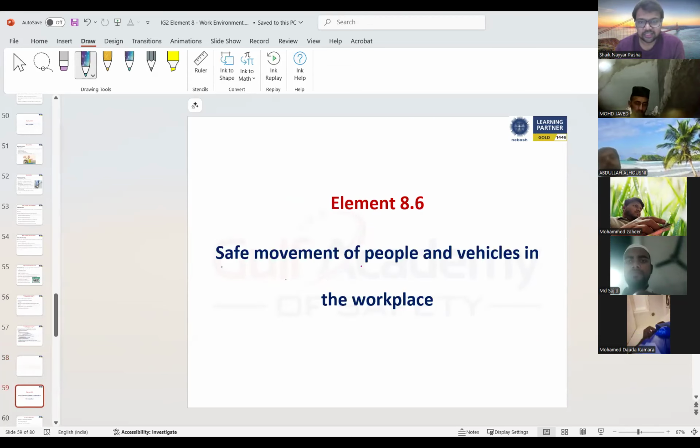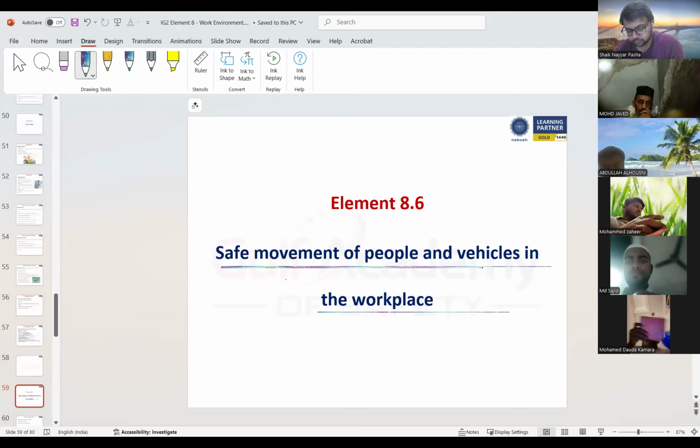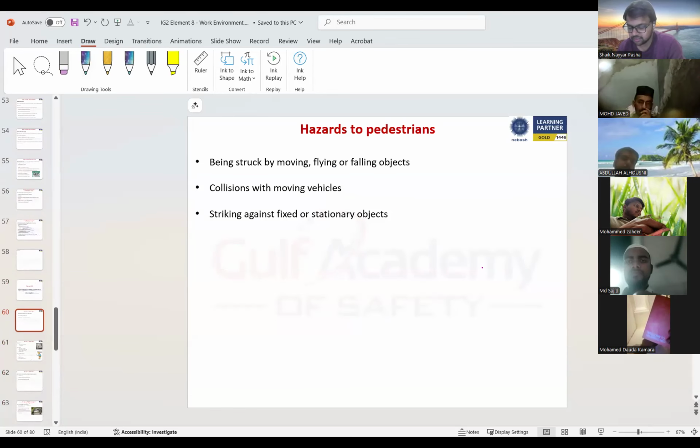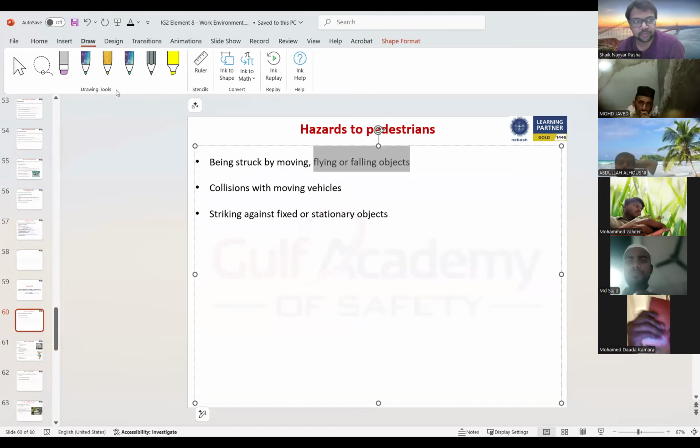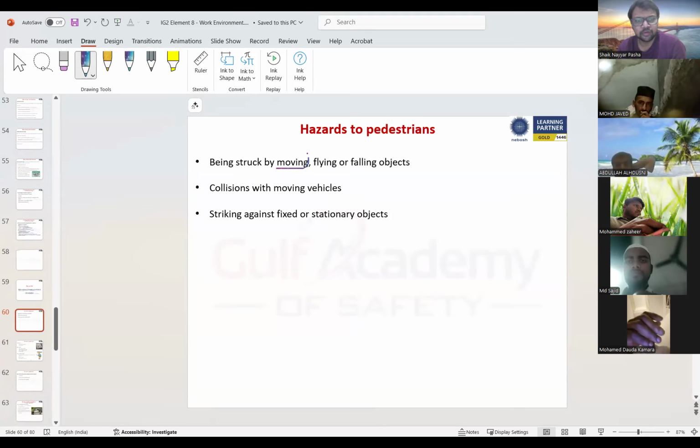The next one is safe movement of people and vehicles in the workplace. When there are people and vehicles in the organization, or pedestrians in the workplace, what are the hazards to pedestrians? These people can get struck by moving objects, flying objects or falling objects. Moving objects such as moving machinery or a moving vehicle might